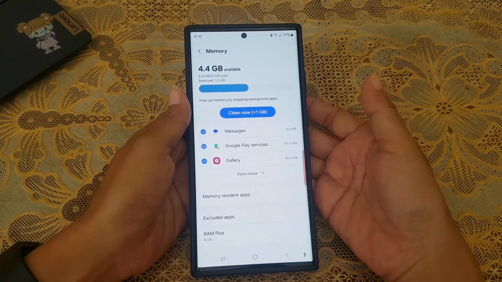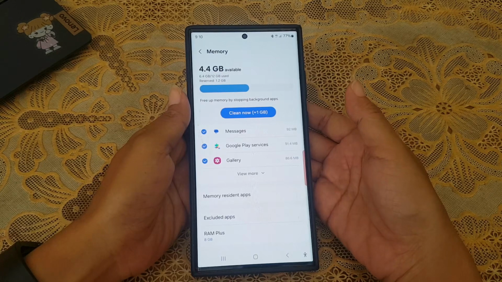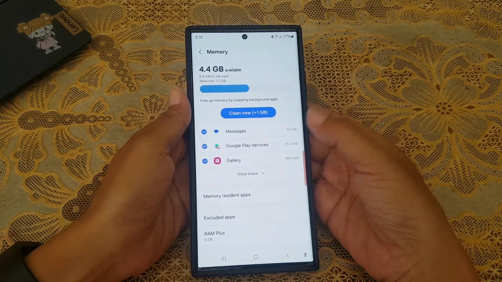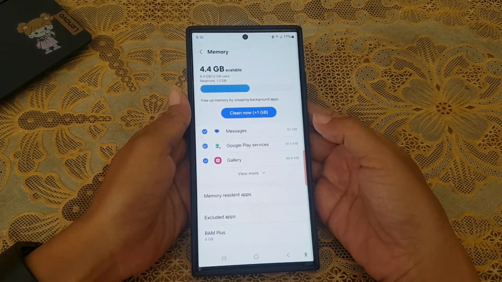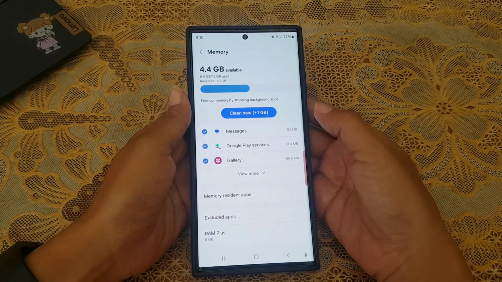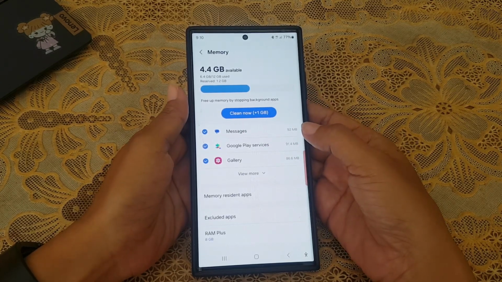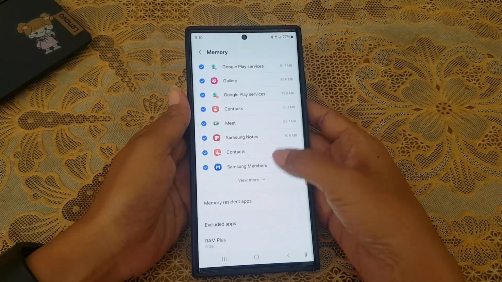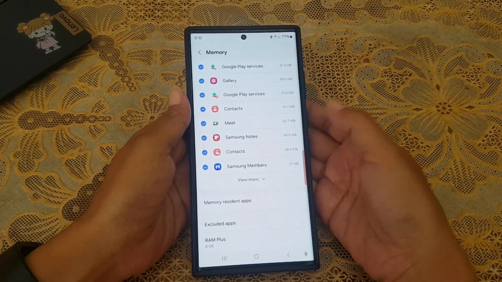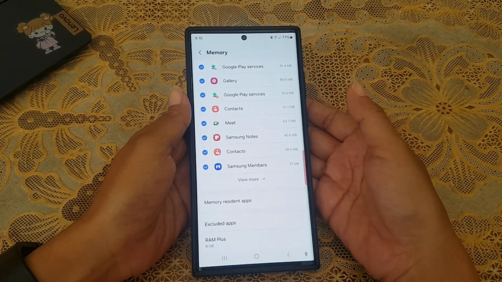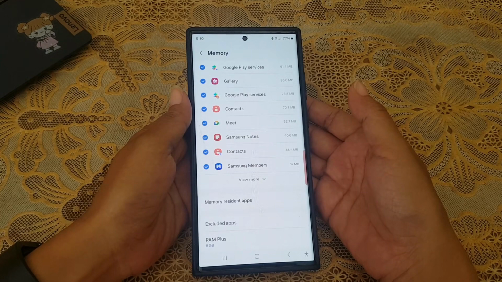By adding apps to the excluded app list, your phone will exclude those apps, in this case Google and Weather, from memory usage check, so that they will not be listed in the apps list that currently use memory, as you can see here, and they will not be closed when the optimization occurs to close all apps that are running in the background.